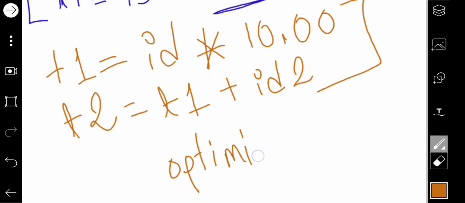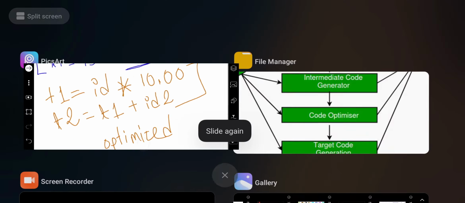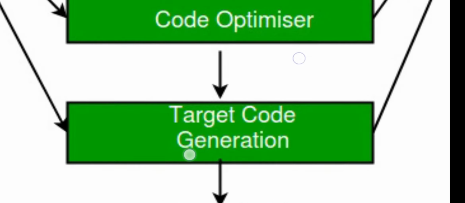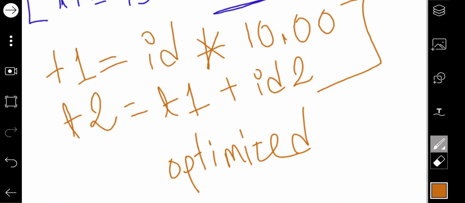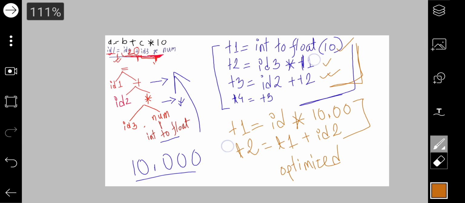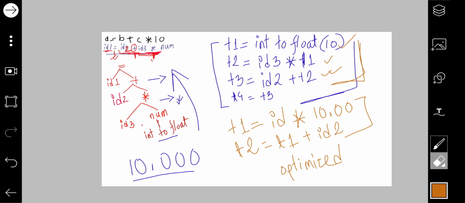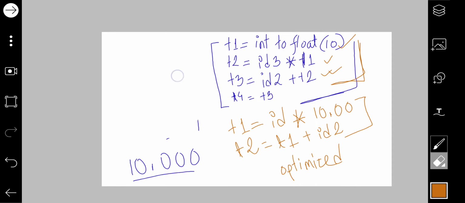Now the last thing here will be target code generation. In these steps the actual machine code will be generated. If you remember anything from the microprocessor class where you have done the machine codes, those codes will be generated here in this format.